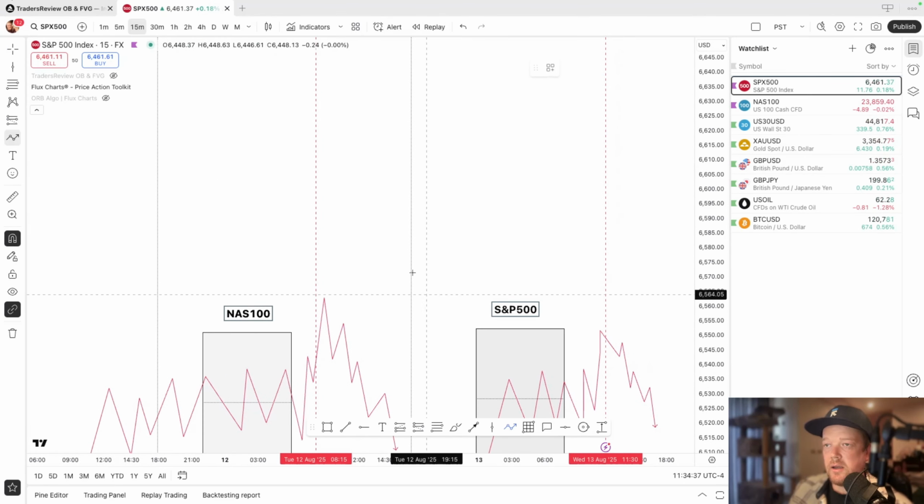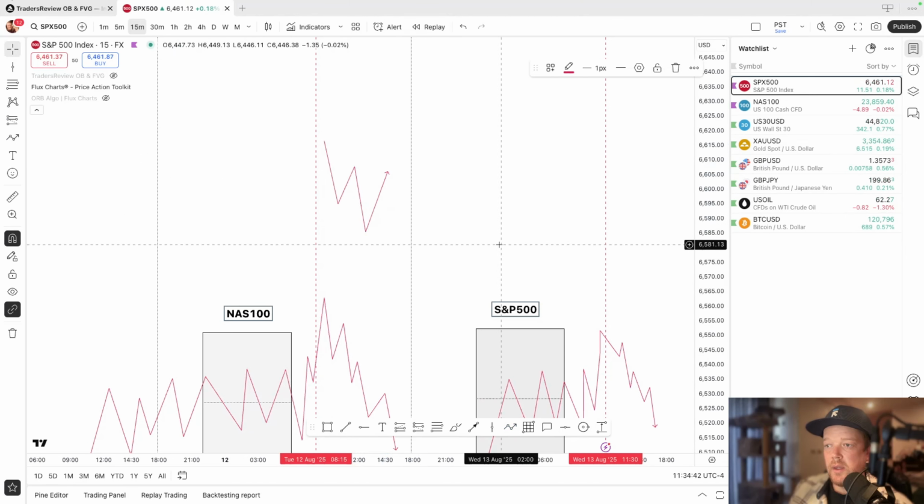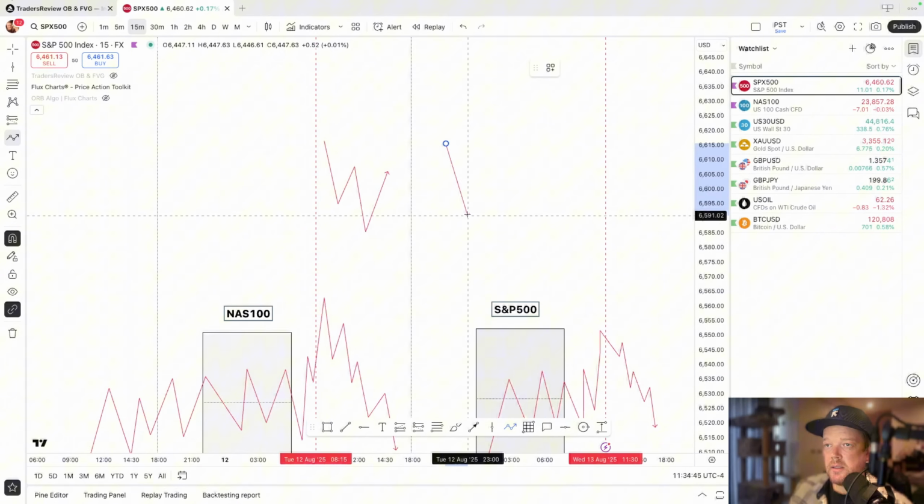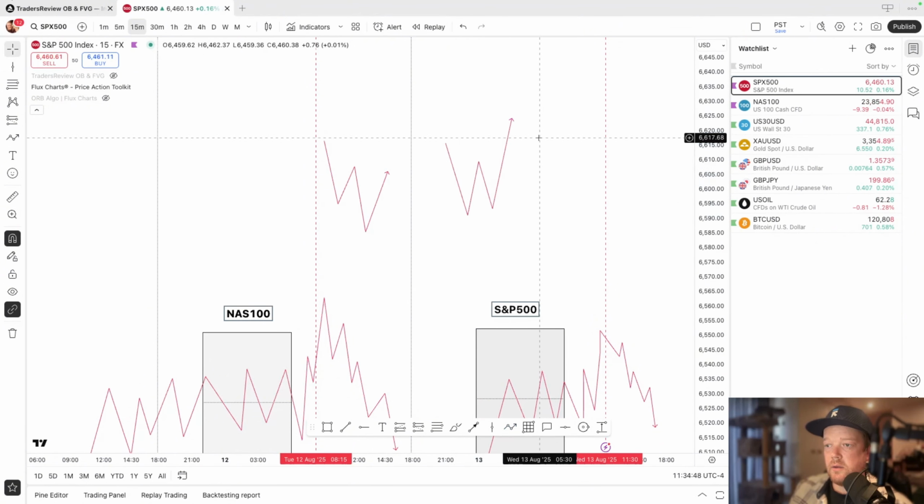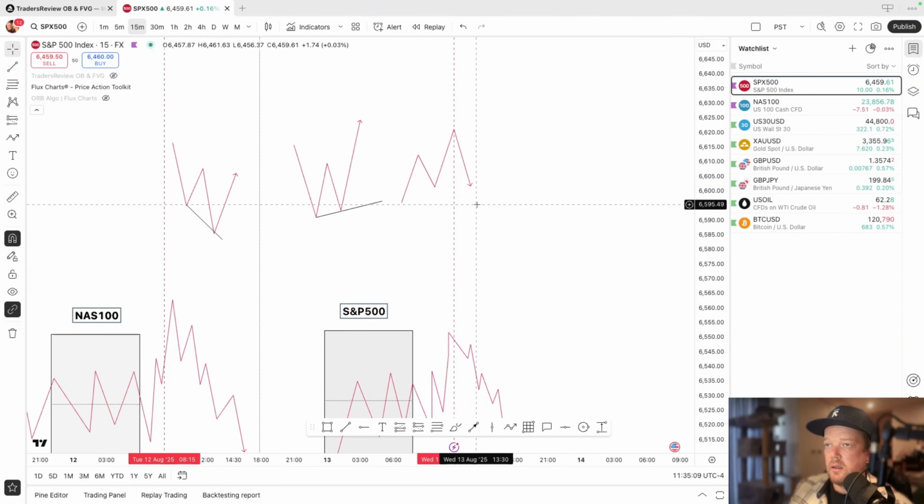So basically what a divergence is, if one pair, for example, makes a lower low and the other pair makes a higher low. So here you can see exactly like that. And this one does that. So the one is making lower lows, the one is making higher lows. Same vice versa. When we have one that's making higher highs and we have one that's making lower highs, then we have an SMT divergence as well, like that